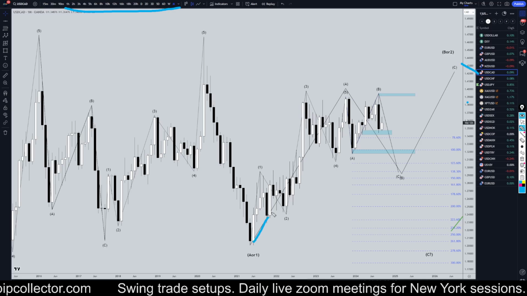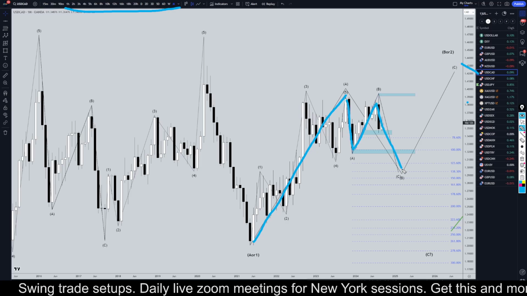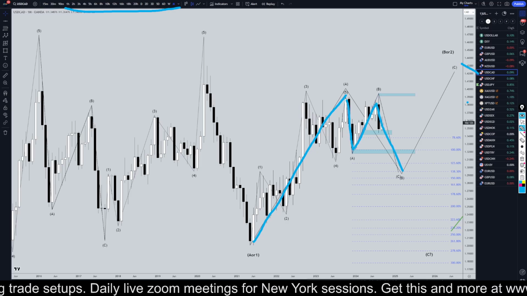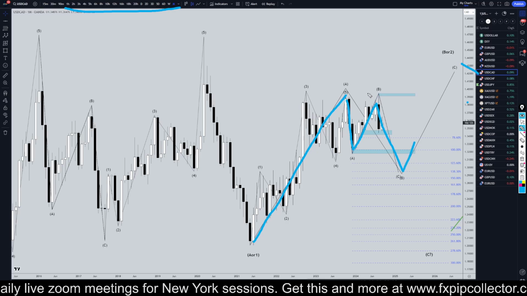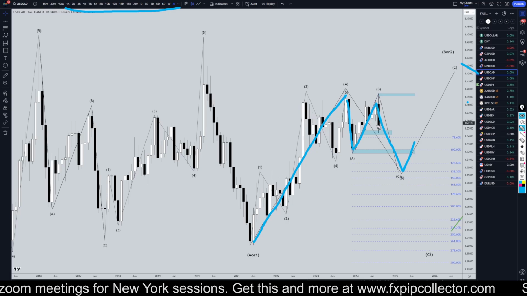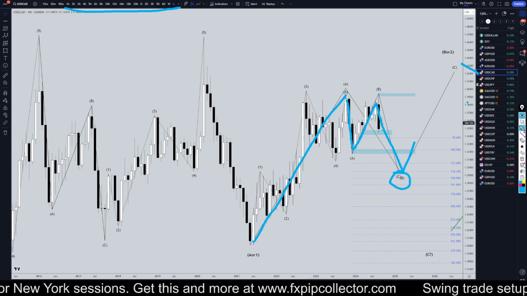So I think that these five waves up right here is a wave A, and I think this is likely an A, B, C of wave B. And eventually, I do think it is probably going to make a huge push to the upside, but I think we need to worry about this move down for now, because this move down is going to last probably at least a minimum of 6 months or more.